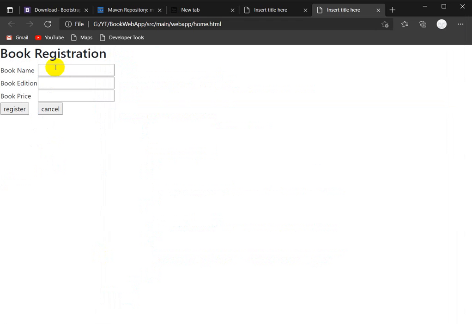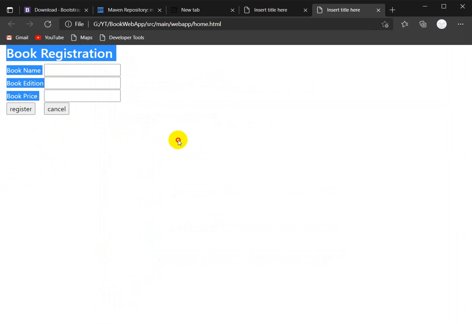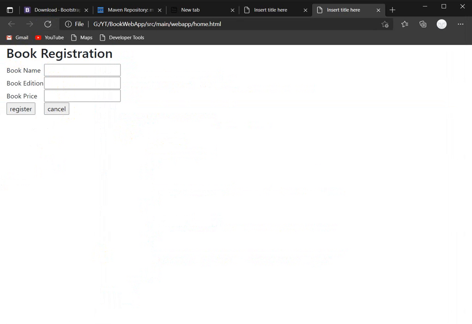Let us see what we will do. So here we can see this is our container fluid. Earlier it was close to this border. Now some space is here and other space. Now next step what we will do,